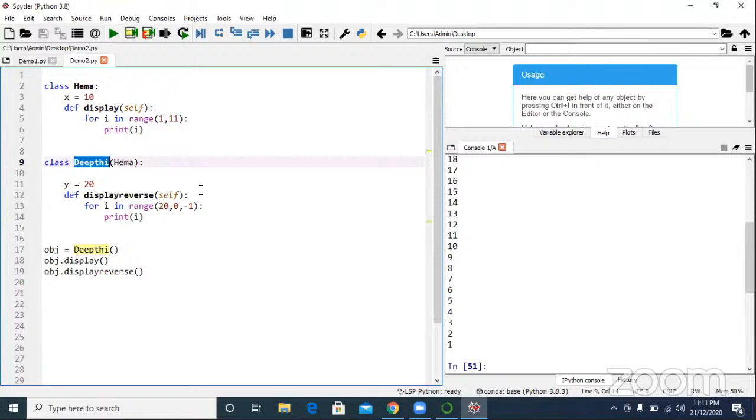Only one superclass, only one subclass. Who is the superclass here? Hema. Who is the subclass here? Deepti. Here there is no extends keyword. Simply put Hema beside Deepti. That's it. Got it?